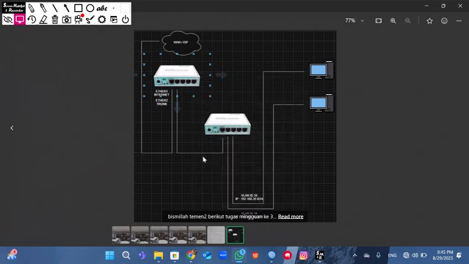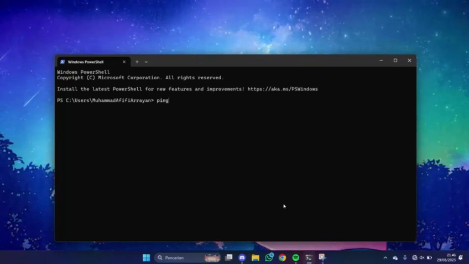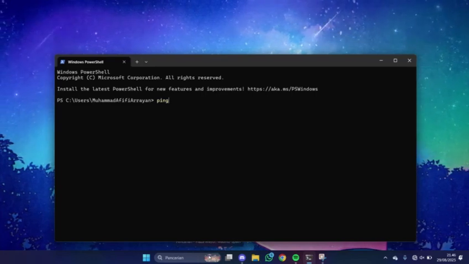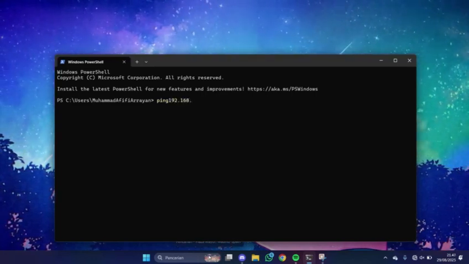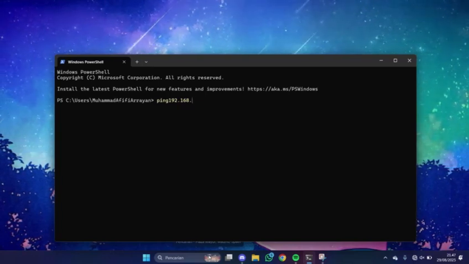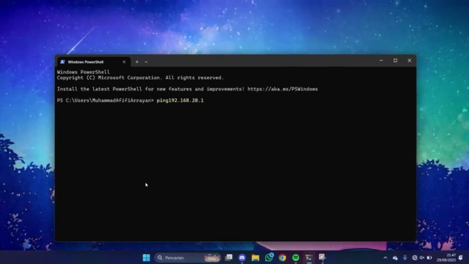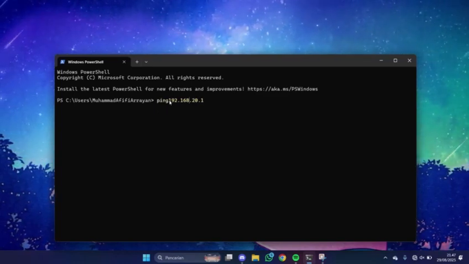After that you can open the terminal and ping the IP. Wait a minute. You can go to terminal and do ping. I forgot what the IP is.